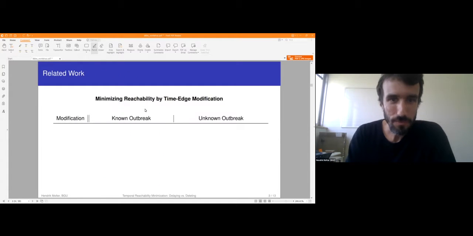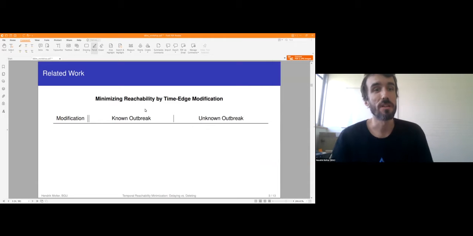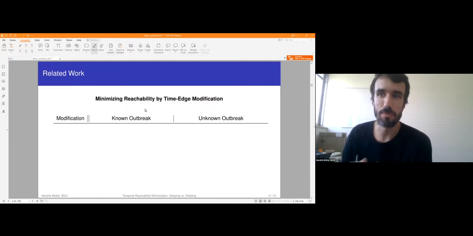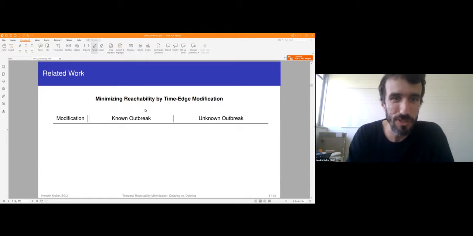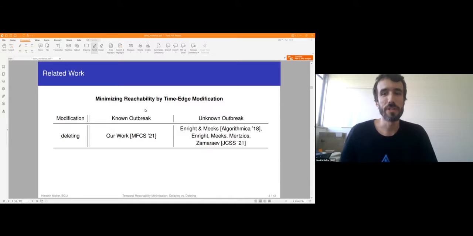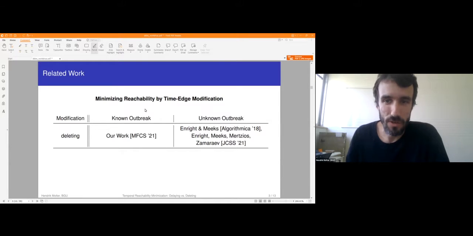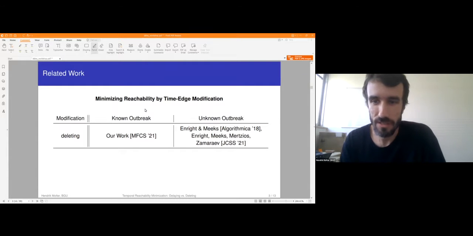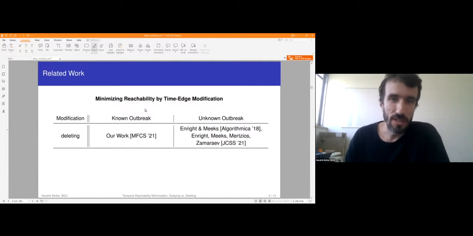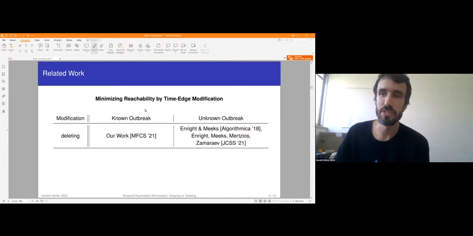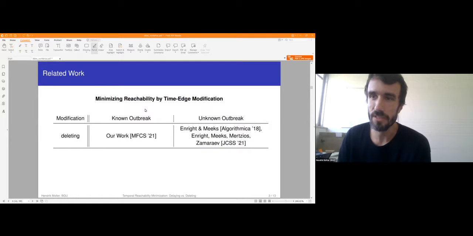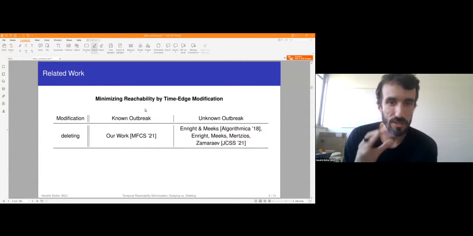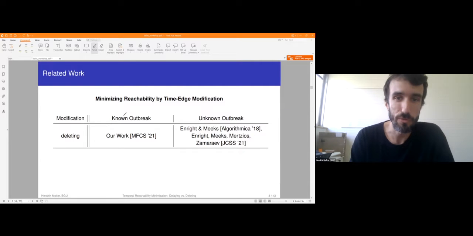So there has been a lot of work on that already. And in particular, if I miss something here, please let me know. I hope that I didn't miss too much. So the deleting operation has been analyzed quite a lot in the unknown outbreak scenario by Jessica and Kitty and George and Victor. And here, you want to delete vertices, edges from the temporal graph such that for every possible outbreak location, the reachable set is minimized. And we are going to look at this scenario for the known outbreak